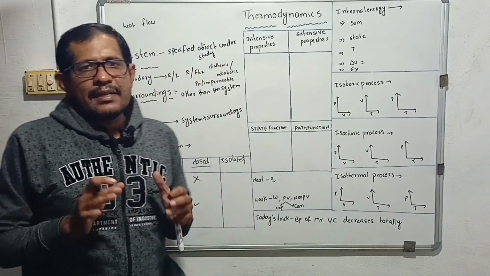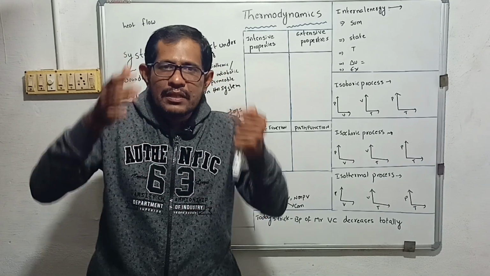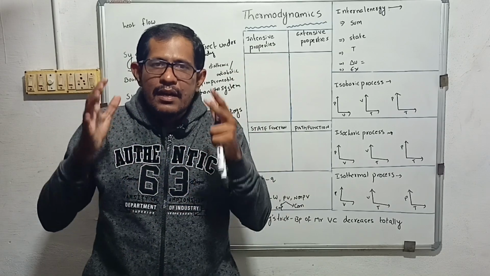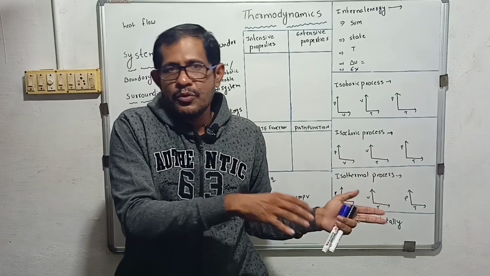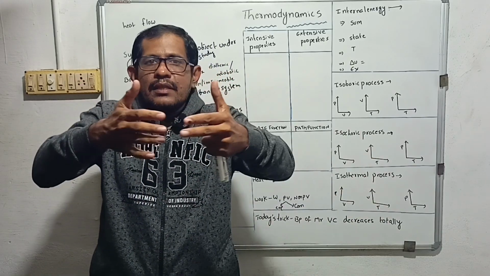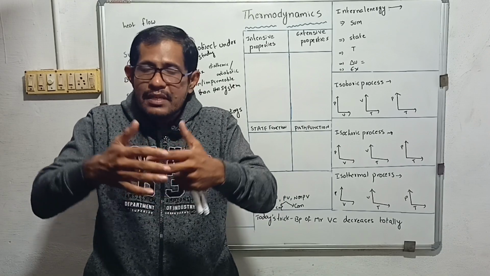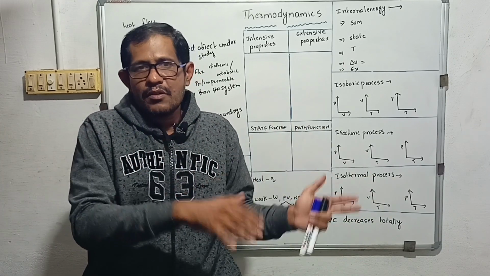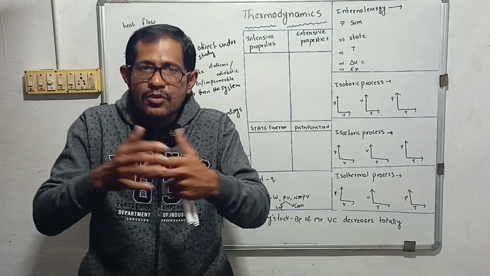Next, coming to the isolated system. This is completely closed, and assume that the walls of the container don't pass heat through it. So that vessel, that container wall is completely adiabatic. That is called adiabatic, which doesn't allow the heat to pass from the system to the surroundings. It is completely closed. That is called an isolated system.